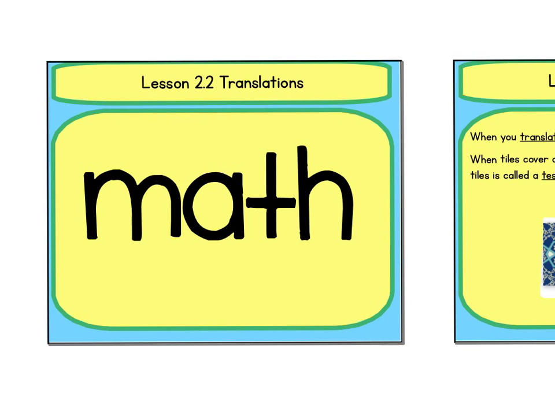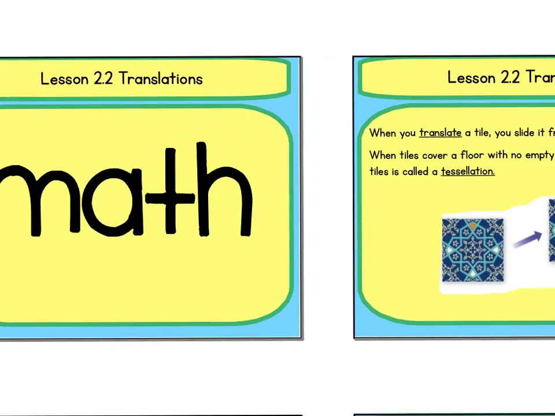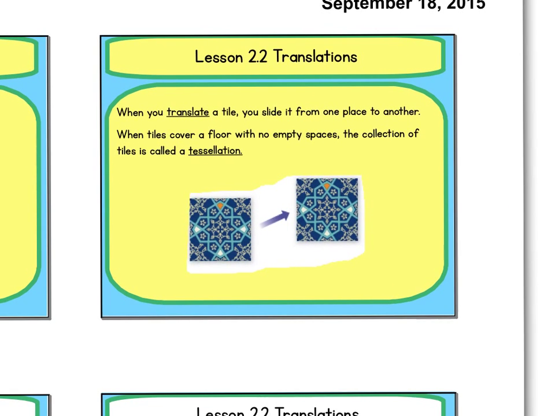Lesson 2.2 talks about translations. When you translate a tile, you slide it from one place to another. When the tiles cover the floor with no empty spaces, the collection of the tiles is called a tessellation. So translate